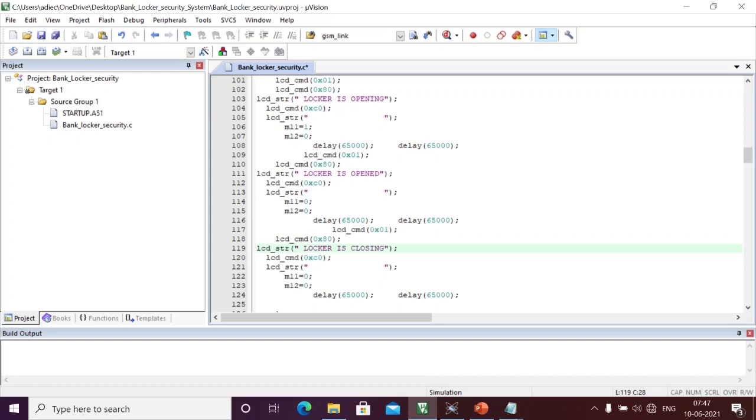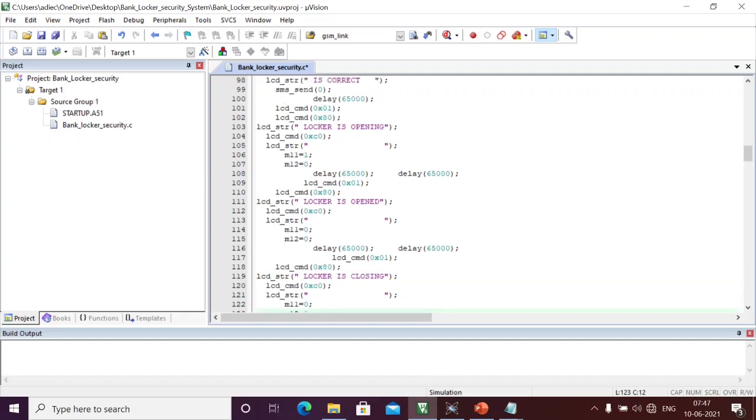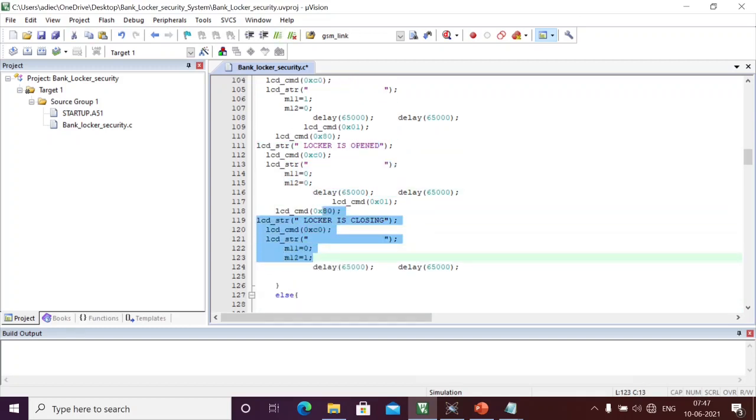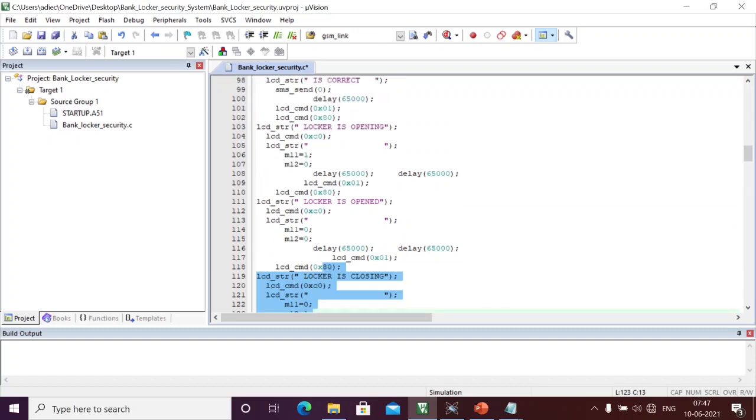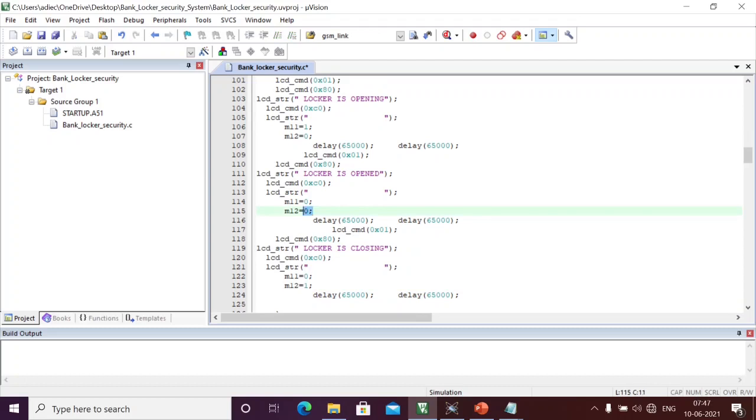Okay, "locker is closing", then I will say 01, which means anti-clockwise direction, then stop again. After the opened text, we should withdraw the money. After that, now it is closing. 01 means closing. After this delay, I should stop. Stop means 00. Then I will say closing, closed.